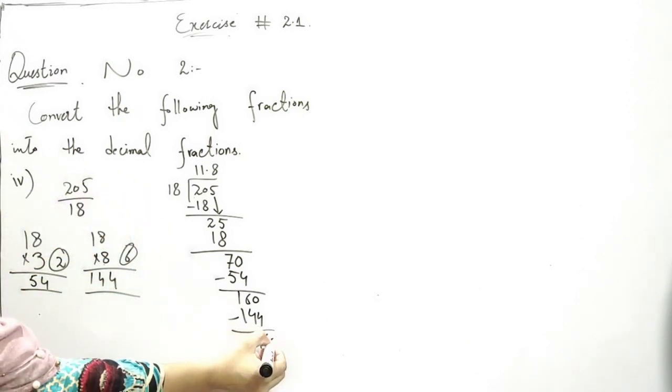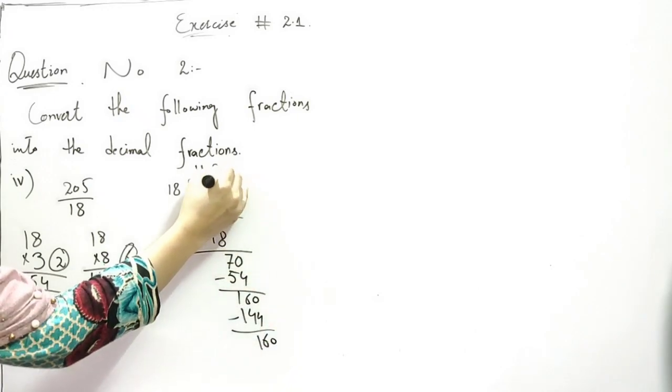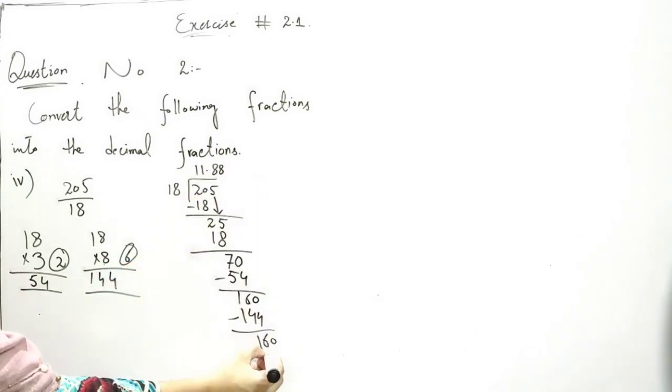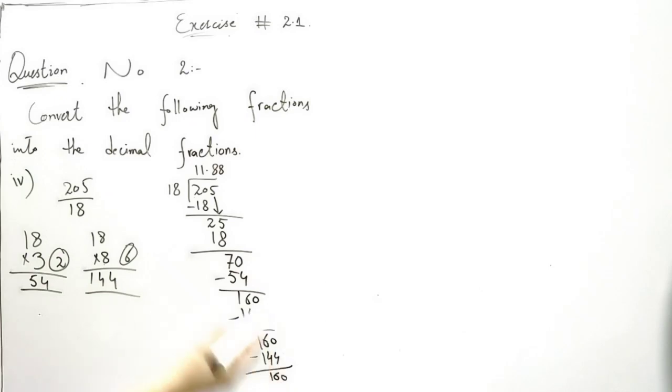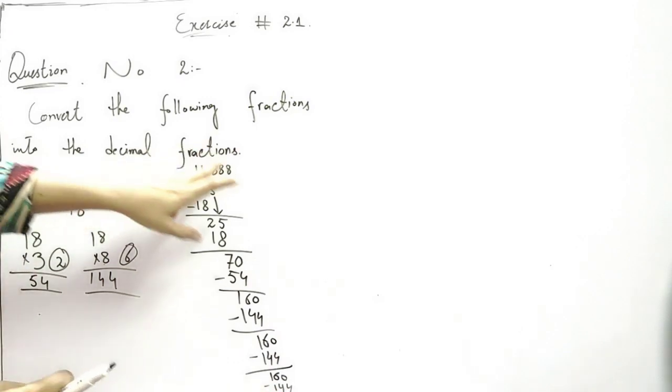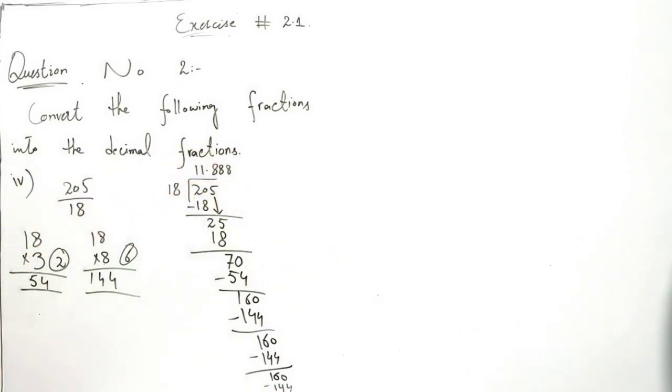Again put 0 here, and again write here 144. Again minus this, and we will get 16. Again 16 is less, and put 0 here. Again here becomes 8, and we write here 144. Again we will minus, and we get 16. Again put 0. So this 8 is repeating here,